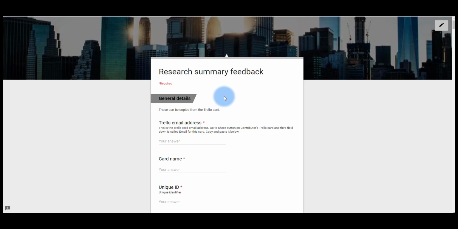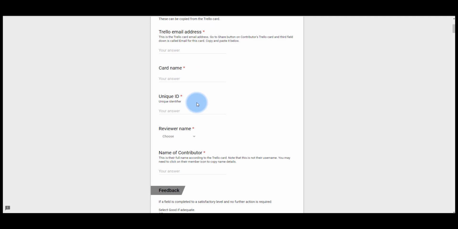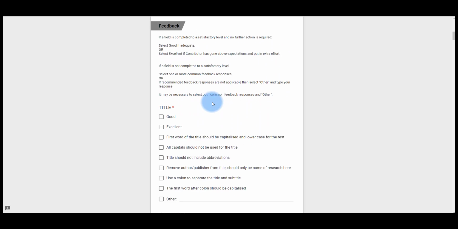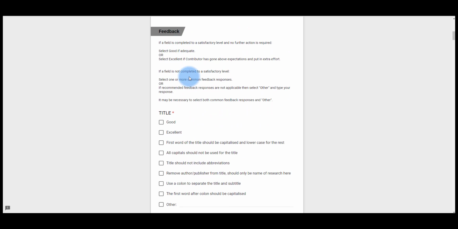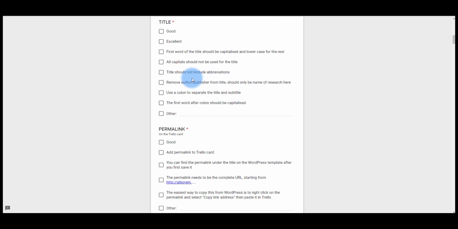So a mentor will fill out this form. They add your details from your Trello card. They then provide some feedback. If we're looking at hopefully getting all goods and excellence in your feedback, but if not, there's some things here that the mentors can